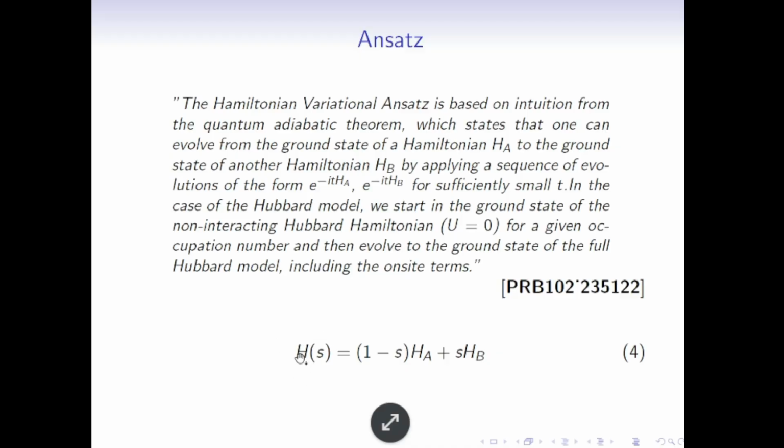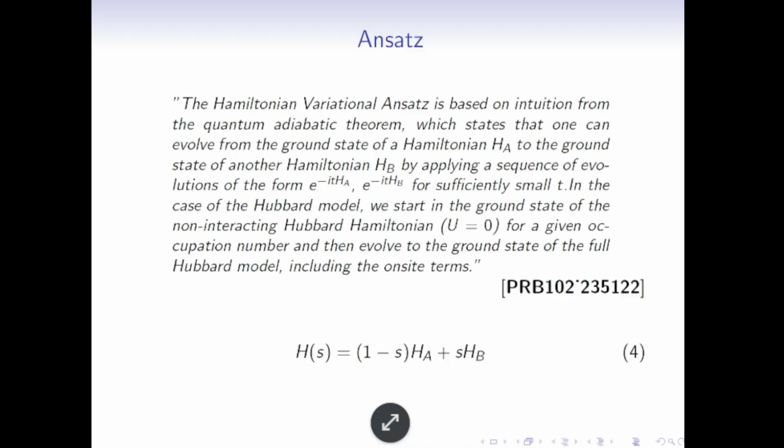In the time dependent format, it will be e raised to i times the integration of H dt in general if the Hamiltonian is time dependent. So we are treating S as a time parameter, multiplied by dt. So in that sense, if you numerically adiabatically evolve, then you should essentially reach the ground state,